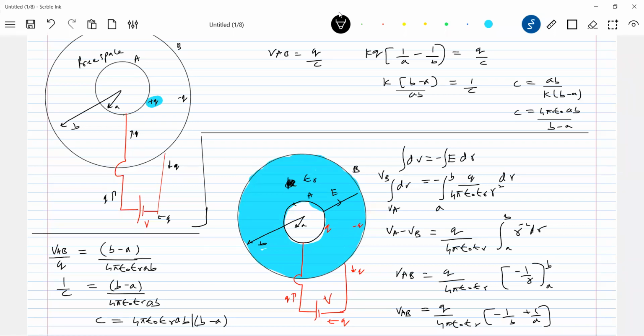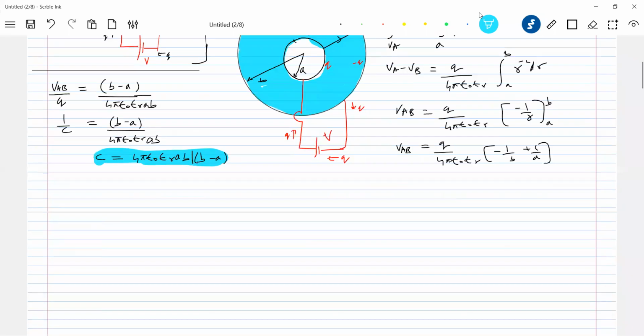Now, the same concept you can extend for the cylindrical capacitor also, which we use widely in applications. Compared to parallel plate or even spherical ones, the cylindrical capacitors are more widely used. And now after this,